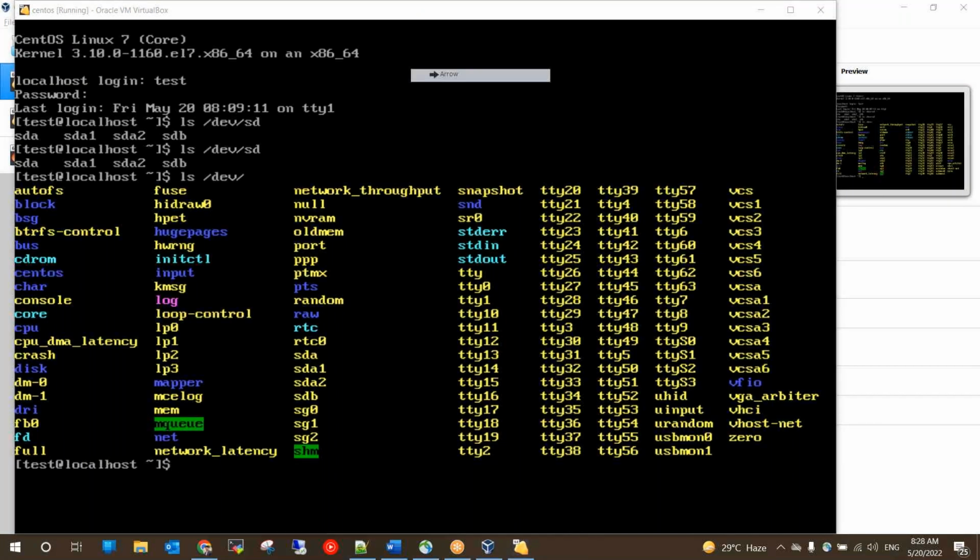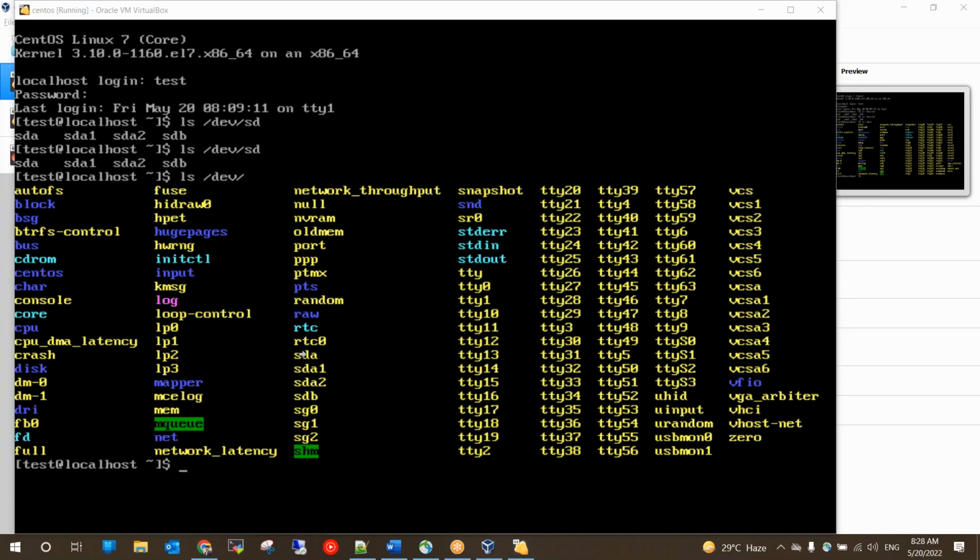Some of the files, let me explain. Null or zeros. Where is zeros? Yeah, zero is a file which will have all zeros. So we used to use this file if we want to write zeros into any file. Null is going to be the null,